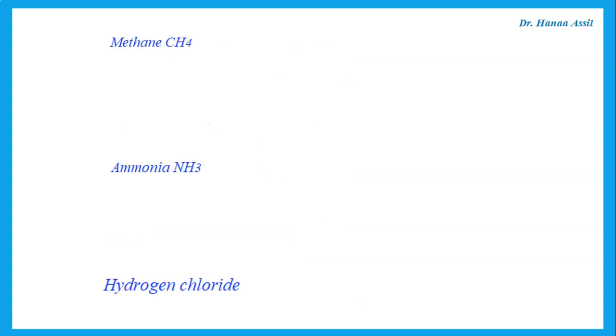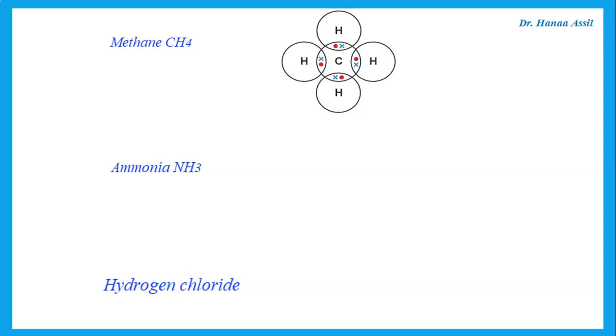Okay, what about methane? You should know that methane is carbon with 4 hydrogens. Now, each hydrogen has 1 and needs 1. And the carbon is in group 4, and that means the carbon has 4 of its own that it's going to use for sharing, and it's going to share with 4 hydrogens. So now each of them has a full outer shell.